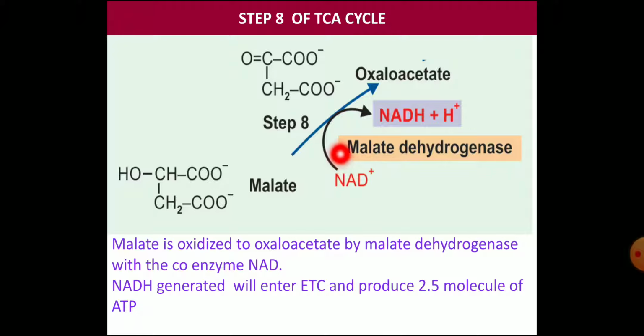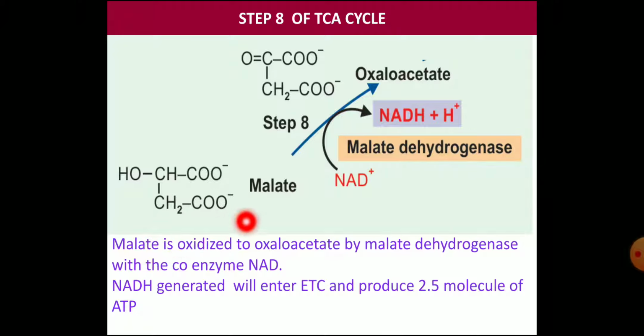Okay, one cycle where the oxaloacetate and acetyl coenzyme A combine, finally forming oxaloacetate and carbon dioxide, water, etc. So malate is converted to oxaloacetate by the malate dehydrogenase enzyme, which is the eighth step, where the regeneration of oxaloacetate is occurring. So remember, the starting material is oxaloacetate plus acetyl coenzyme A. Here oxaloacetate is regenerated, and moreover from acetyl coenzyme A, 2 carbons are released as two carbon dioxide molecules.